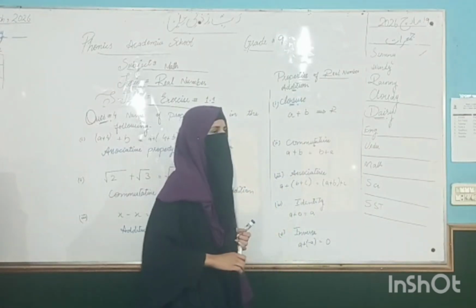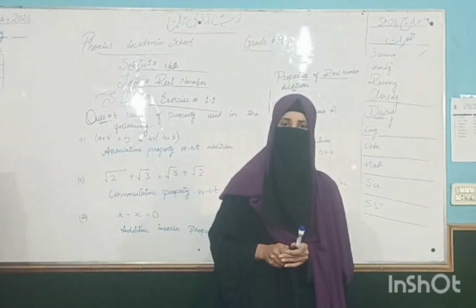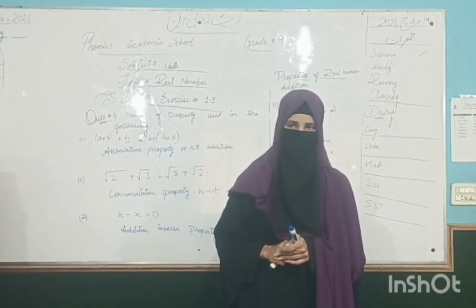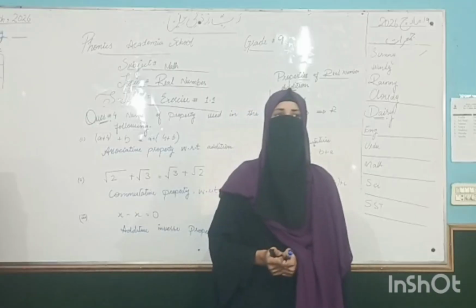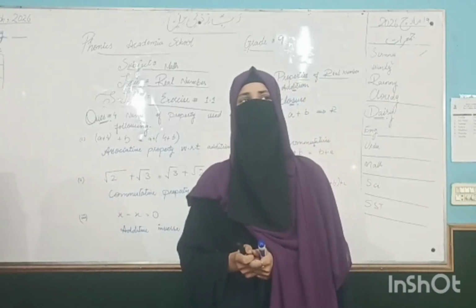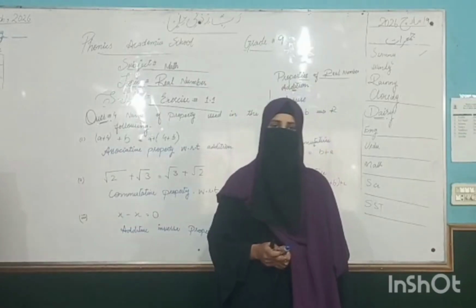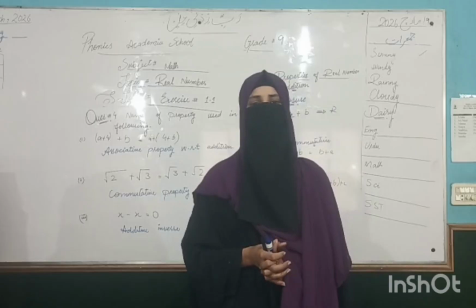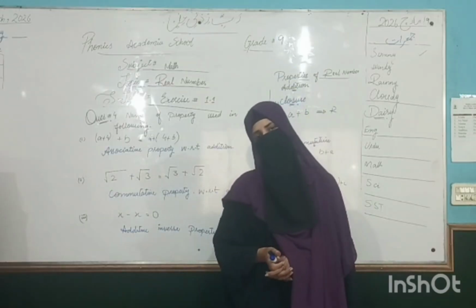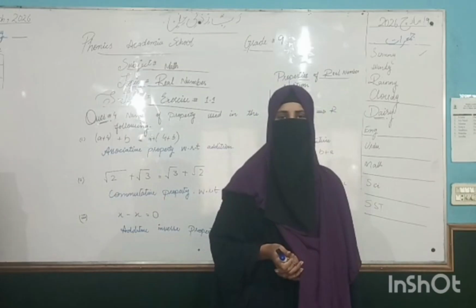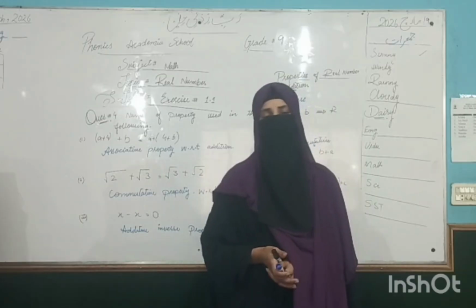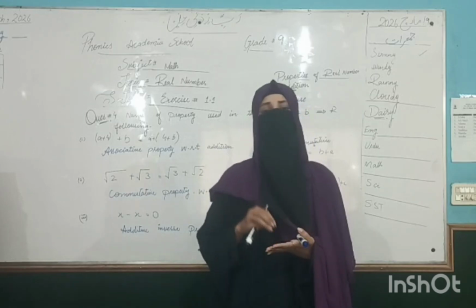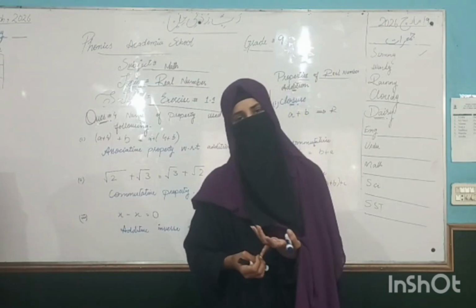Next is the identity property. When you add 0 to a value, for example 5 plus 0, the answer is equal to 5. It is called the identity property when you add 0 to a, b or c, depending on your term. So when you have a term plus 0, and the answer is the same term, it is called the identity property. For example, 5 plus 0 gives 5, so the answer is known as the identity property.